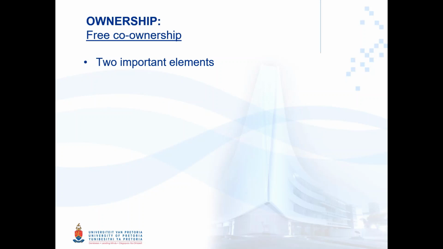There are two important elements or concepts to a co-ownership which should not be confused and should be kept separate conceptually in the context of free co-ownership. These are the undivided shares in the co-owned property, communio pro indiviso, which may be equal or not equal. And secondly, the co-owned property, which is the thing that the co-owners own in undivided co-ownership shares. Regarding the undivided co-ownership shares,